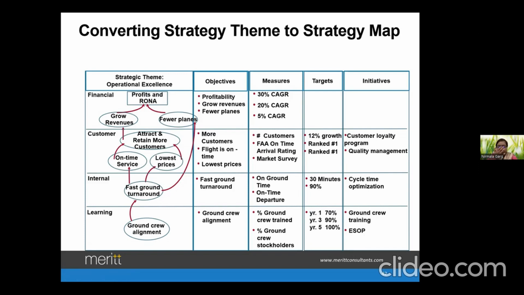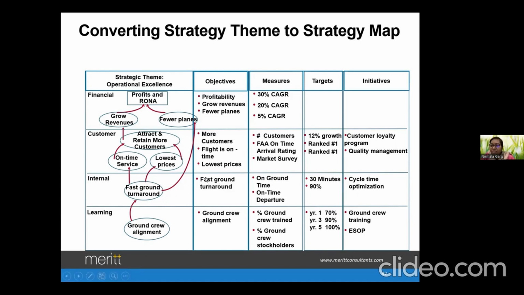Simple. We'll take the very easy one. I will take the internal business process objective. So in order to ensure that I can increase the number of flights by reducing the turnaround time, that becomes my objective. Is this very clear? Fast turnaround time. Now, how will I achieve it? How will I track the progress? How will I know? So what do I need to do?